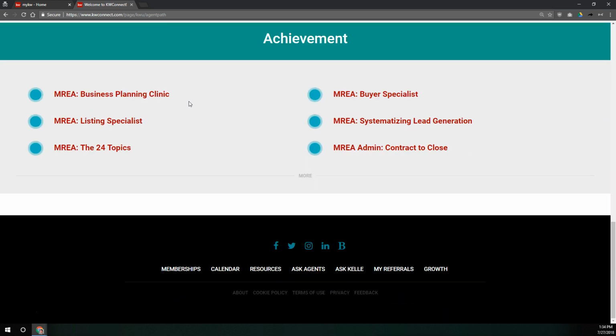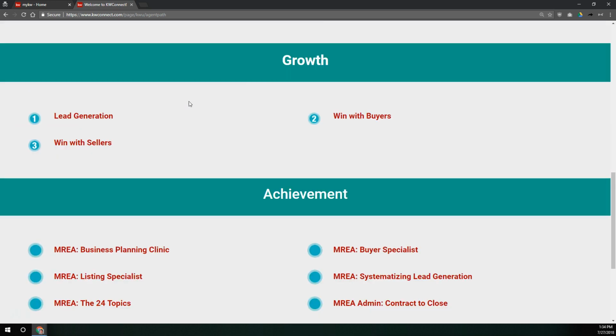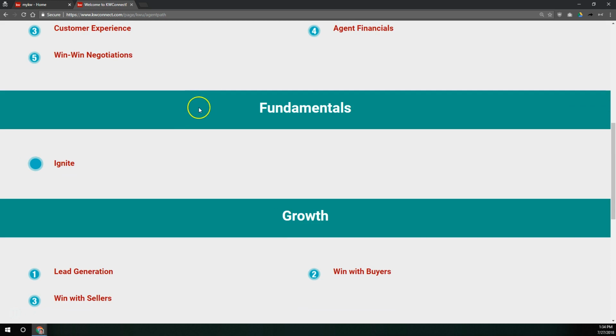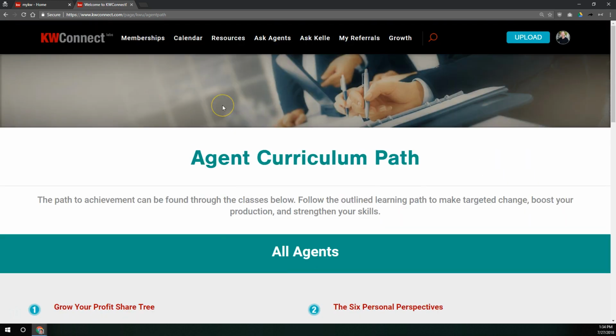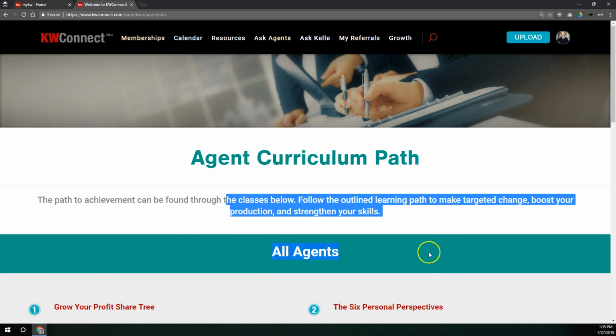I had always heard it as, and maybe they've rearranged it or maybe I was told wrong, I've always heard it as start with Ignite. Once you're up to capping, that's where Ignite is supposed to get you off to. Once you've capped, you go to Bold, which is taking you from capping to the next level. And once you've reached basically the full reward out of going to Bold every year, then you want to jump into Mastery coaching, whether it's group coaching or individual coaching. But they have this official list right here. Anyway,